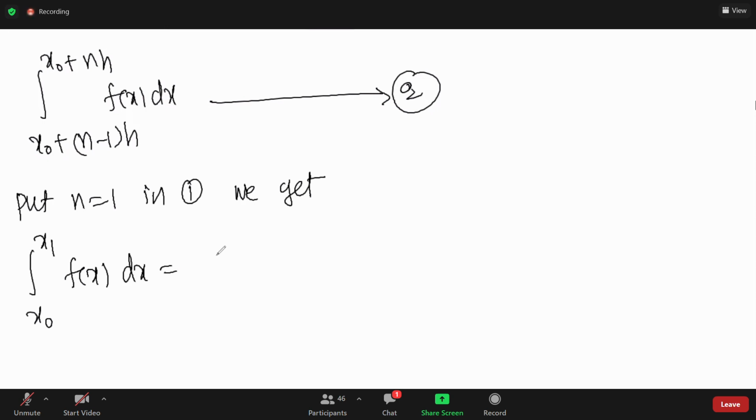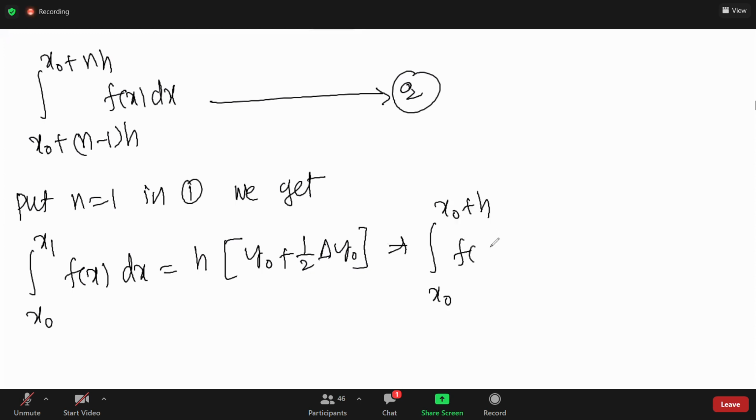n is equal to 1 means h into y naught plus 1 by 2 delta y naught. So integration from x0 to x0 plus h is equal to h into y naught plus 1 by 2 into, what is the definition of delta y naught? y1 minus y naught